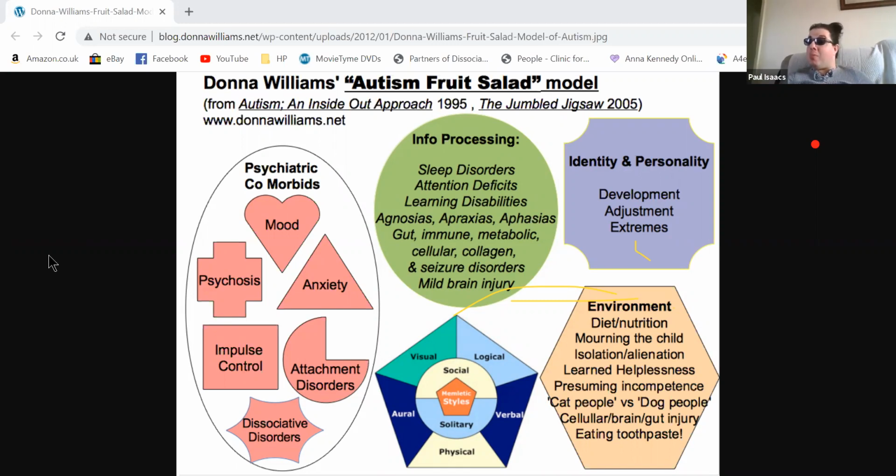The environment of a human being, you could argue, is the very essence of how a little person starts to build up associations with the world around them. So environment, diet and nutrition. If someone's going to school with dietary disabilities that are causing pain, discomfort, brain fog, so the inability to take in information, that's going to affect functioning.